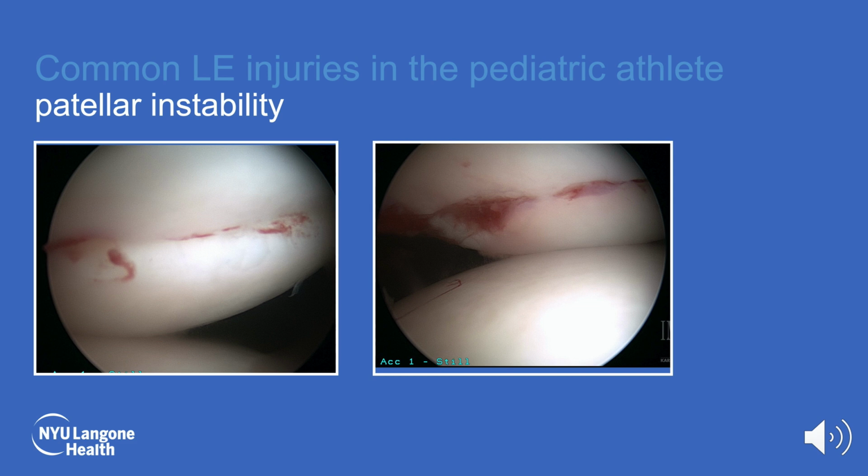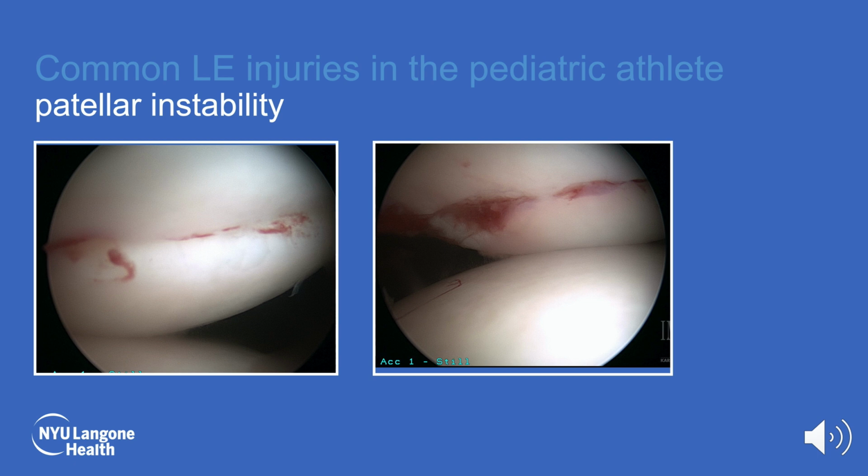And so, risk factors for patellar instability are femoral anteversion, patella alta, external tibial torsion, generalized ligamentous laxity, trochlear dysplasia, increased TTTG, and valgus of the knee. And so you look at the constellation of reasons why an individual child might be at risk for recurrence and address it as such. So in addition to an MPFL reconstruction, which can be done in a skeletally immature patient,